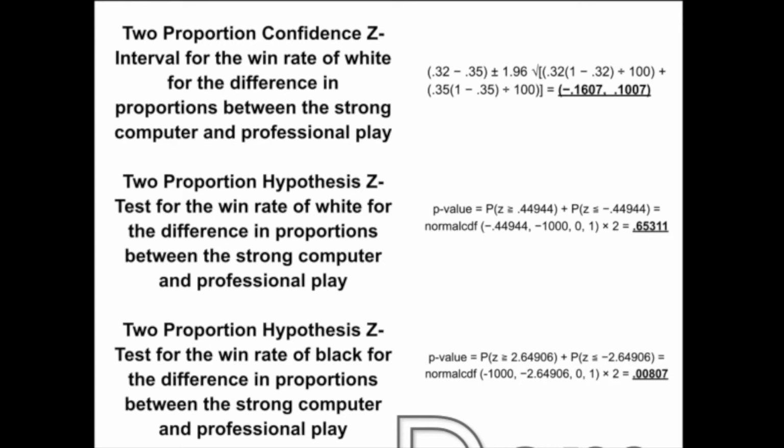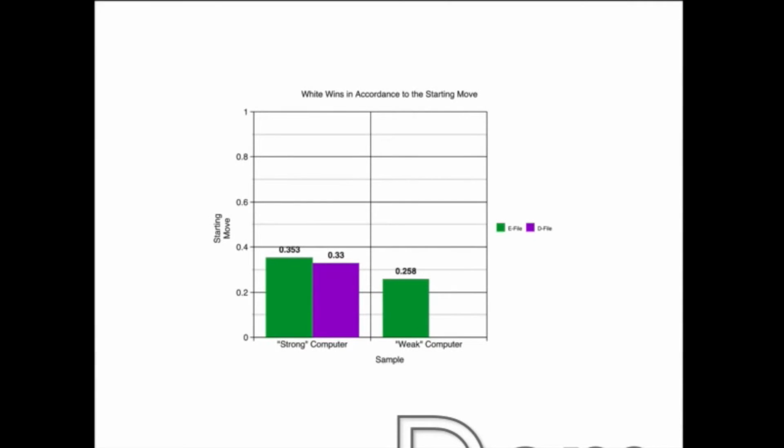This is the p-value that we got, 0.00807, which means that we reject the null hypothesis that the probability that black wins in a simulated game is equal to the probability that black wins in a professional game, due to this low p-value. This was pretty obvious when we saw the data in the charts, but now we have mathematical and statistical evidence that this is true. Alright, so here we see a graph